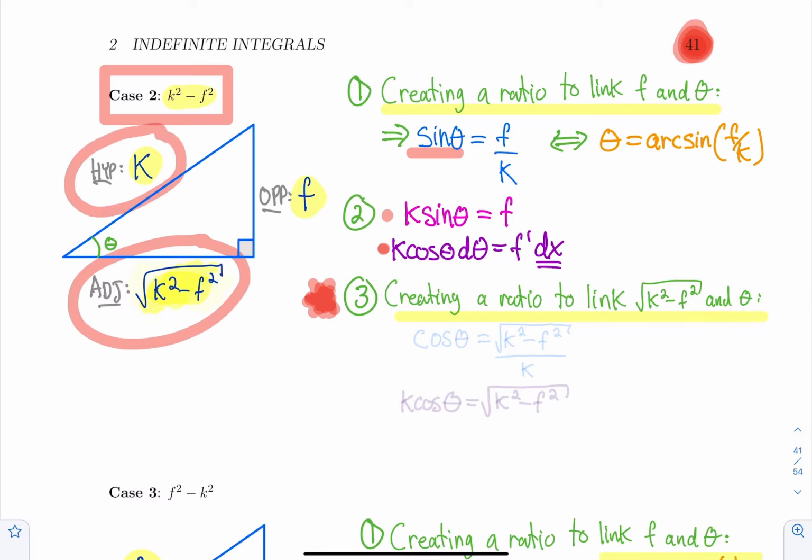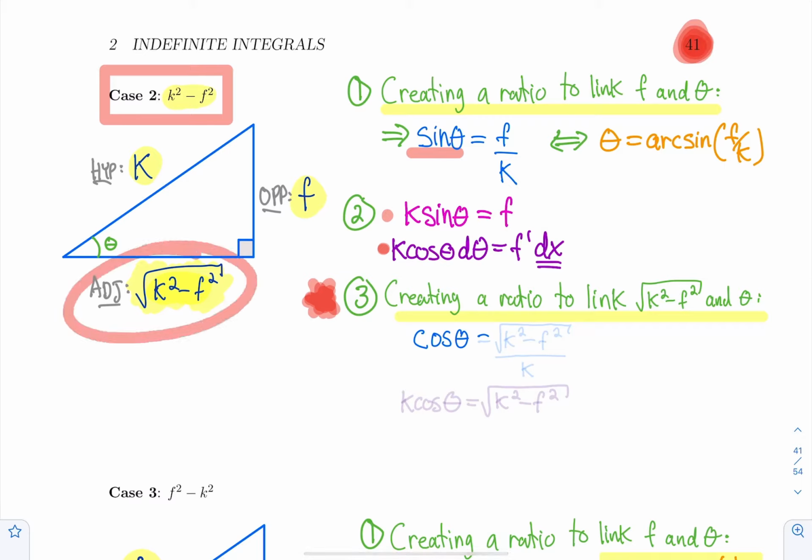The square root is at the adjacent side, and we're always going to be using the hypotenuse, which is k. A ratio that involves the adjacent side and the hypotenuse, you're always going to be using a cosine ratio here. So cos theta is the adjacent side, the square root of k squared minus f squared, over the hypotenuse, so over k. And if you isolate the square root, you get that k squared